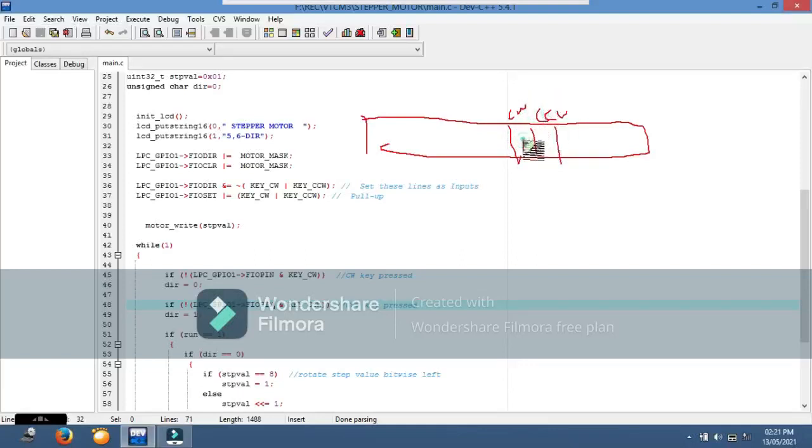Okay, those pins are 1, right? This will read the whole value of the pins, 32 bits here. This side all are 0, this side all are 0, right?